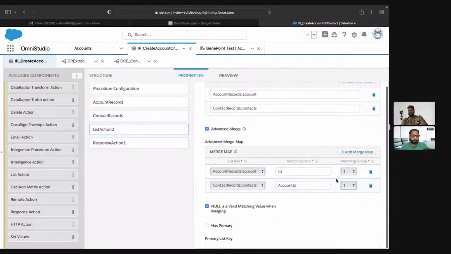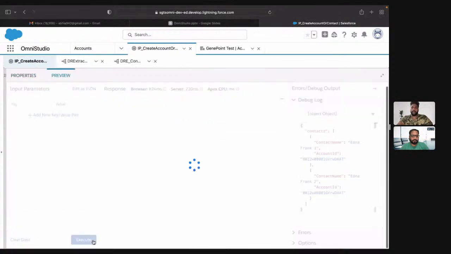So these both should be similar so that this list action will know how many fields I have to check in order to merge these two lists or three lists or four lists, right? So you have to give the common ID to them, matching group ID to them. And now if I go to preview and click execute,